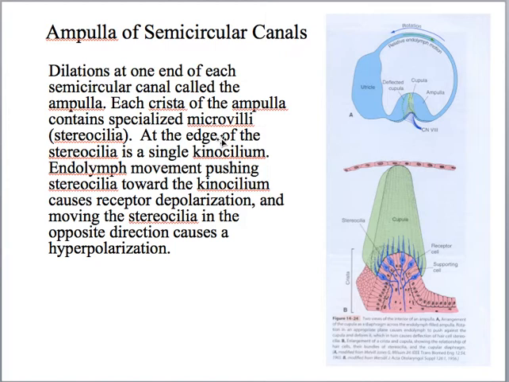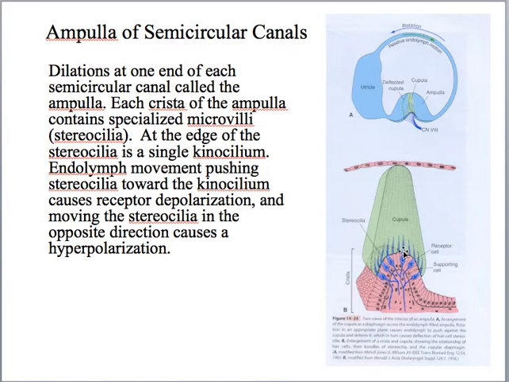So let's turn to slide 7. Slide 7 talks a little bit more. As you look at the ampulla, you blow that up, and what you see here are these receptor cells. They're very similar to the stereocilia that are associated with the cochlear nucleus. On top of these stereocilia of specialized cells is something called a cupula. The cupula works because there's fluid within the semicircular canal, and it's going to cause the cupula to move either